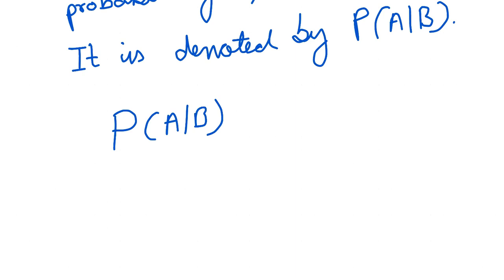Conditional probability of A is denoted by this, and it is equal to